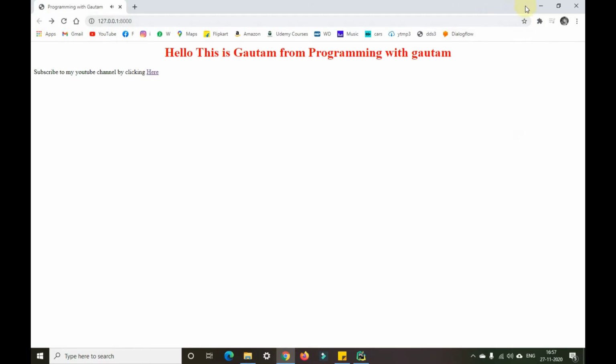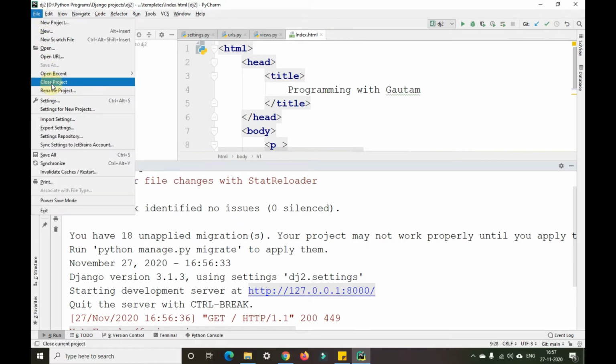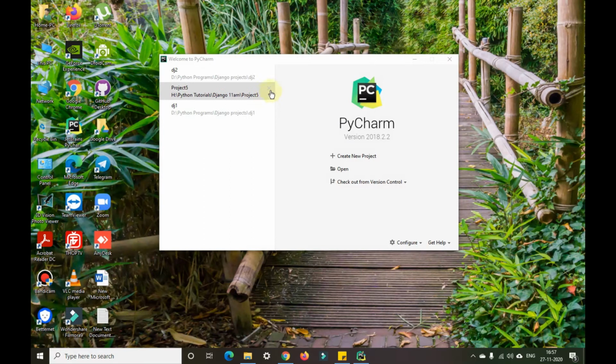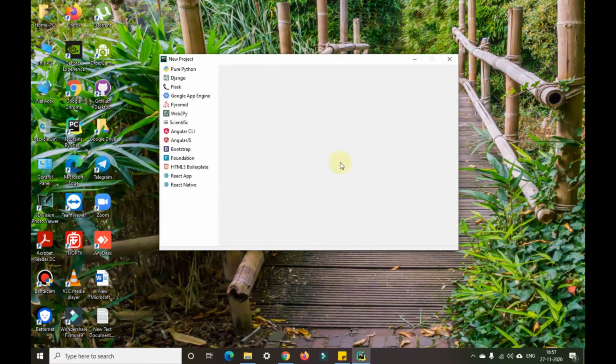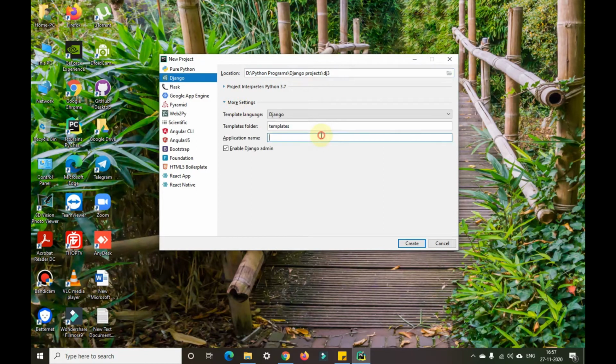So today I'll be showing you how to work with Bootstrap. Most people might be wondering what this Bootstrap is. So let me create a new project, DJ3, app3.